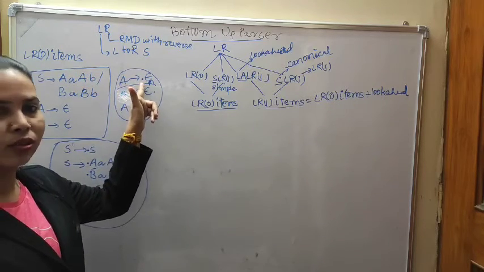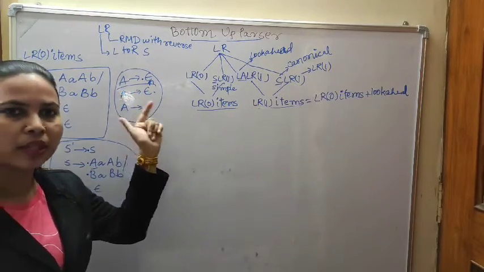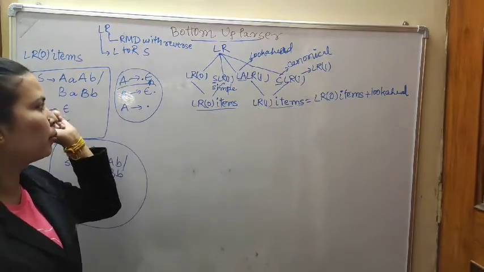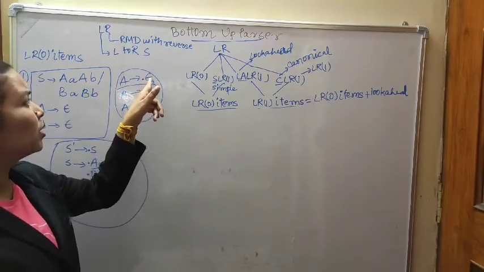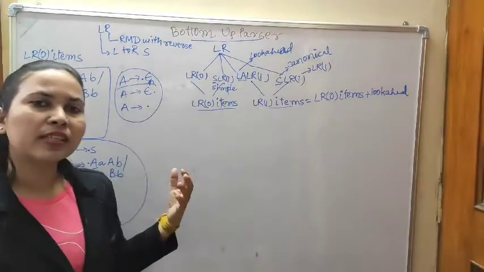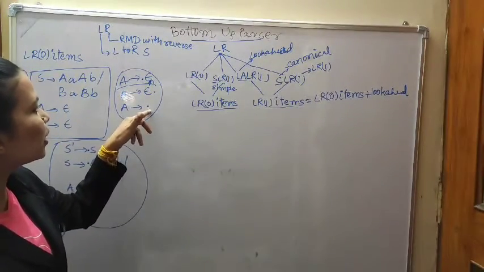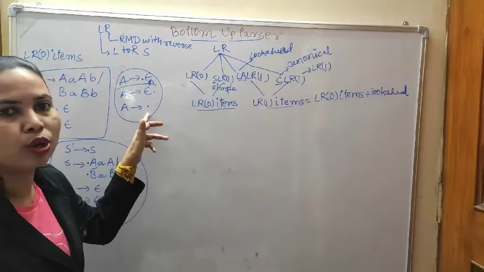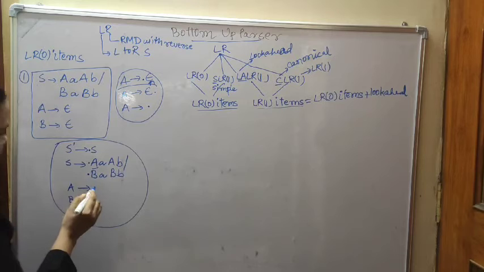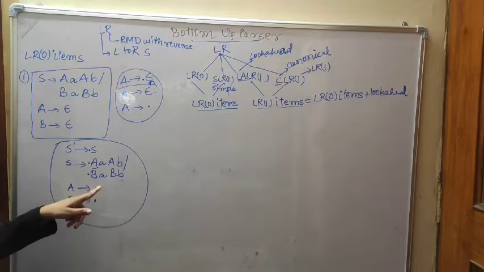This dot means, as I already told, that if the dot is before any character, any variable, non-terminal or terminal, that means till now we are not reading that variable. Epsilon is a null entry. That means nothing is here. So that is why we can write simply A2 dot. That means it is the final state. So here in the A places I am writing dot. So these are the final states.